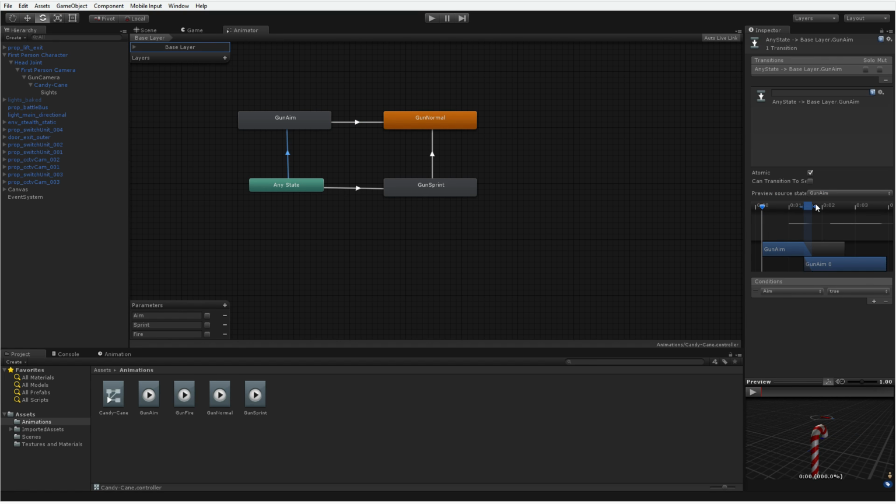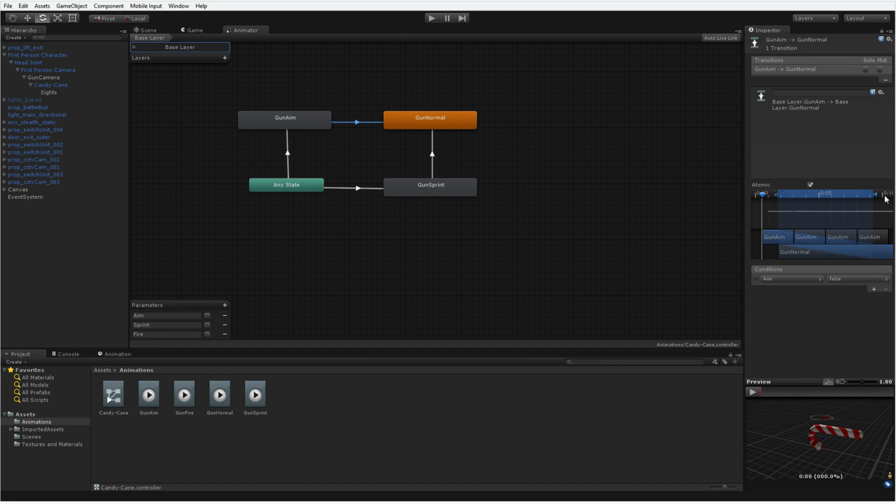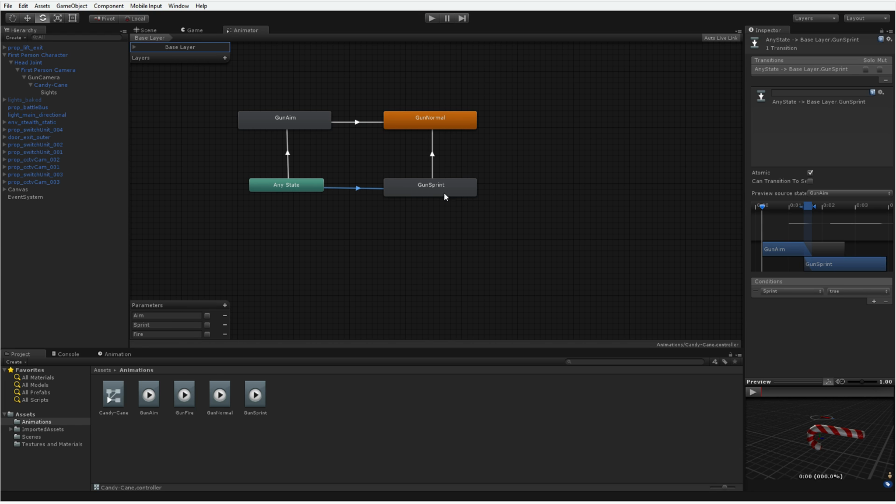So I'm going to make my blends. Aim is fine there, and coming back should not be that slow. We'll just have nice fast blends there, pretty quick. So we just have pretty snappy blends. I don't know that I necessarily need to blend that long, so we just want it to run pretty quickly. There we go. Now we've got our basic gun motion. The last thing I need is the ability to shoot, the firing animation. But I can't play a firing animation when I'm playing one of these others. So I'm going to create a new layer, and that's going to manage the actual firing of my gun.